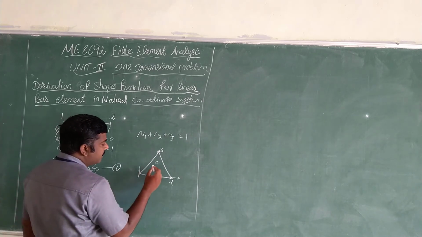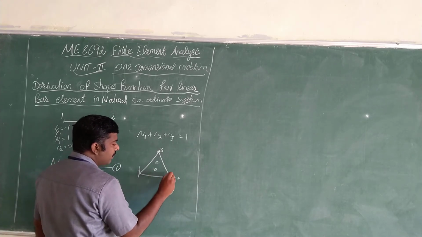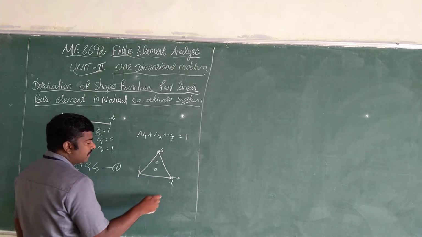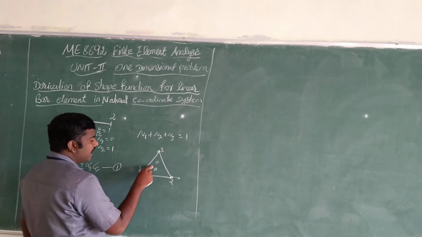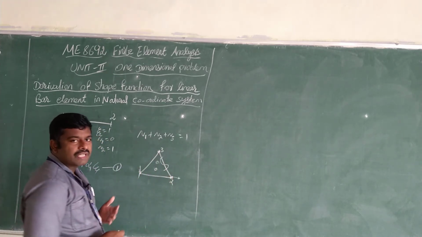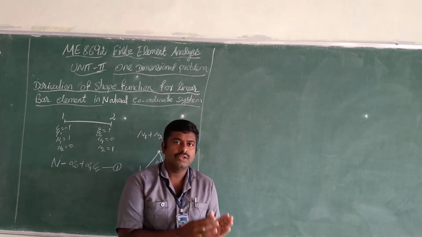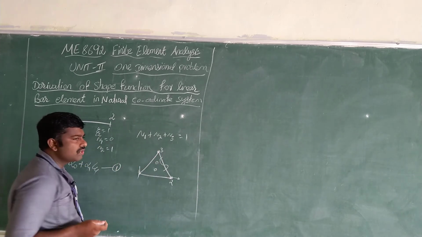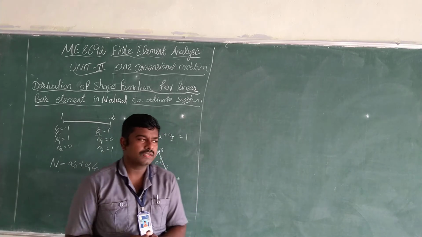So here we go to obtain the values at these non-nodal points by using the values at the nodal points. The nodal values are known as field variables. With the help of the values at nodal points, we find or interpolate the values at non-nodal points. That value is approximate, but acceptable. So finite element analysis is an approximation method. This interpolation function is also known as the shape function.